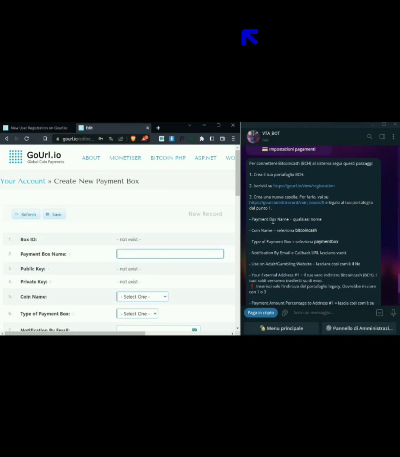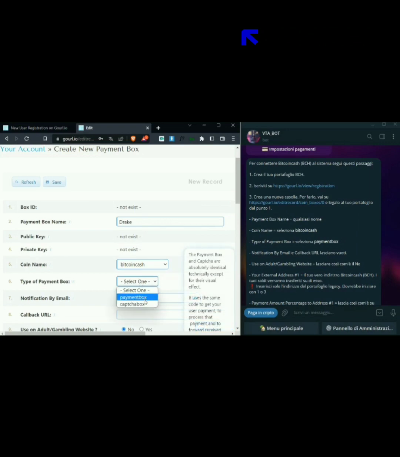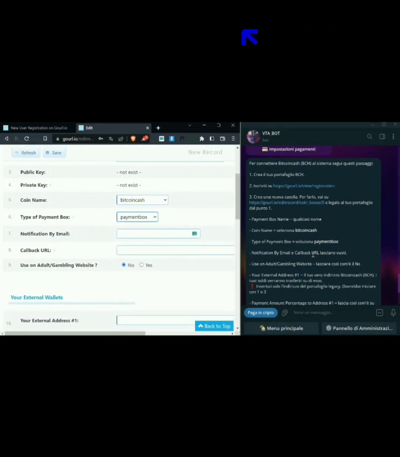Then payment box name, whatever name we put, Drake. Public key coin name, Bitcoin Cash. Payment type of payment box, select payment. Payment box, as it says in the instructions. Notification by email and callback URL should be left blank. And this instead is leave as is the no. Okay, then